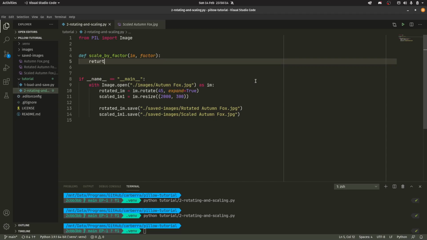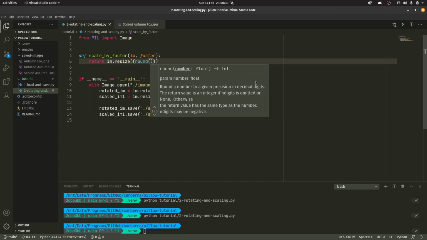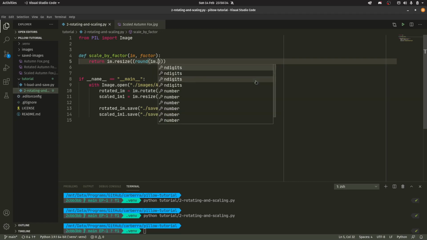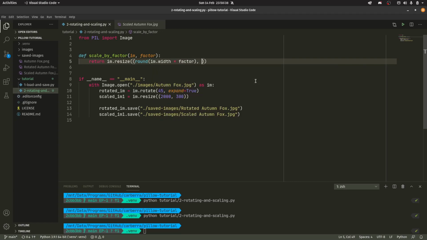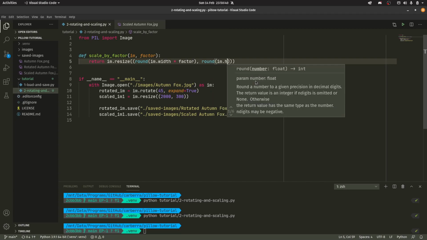And then we're going to return our... Well, actually, we're just going to return it. It's just going to be a single line. And it's going to be im.resize. And then in our tuple, we're going to put round. You can put int if you want, but I think round just makes more sense. And we're going to put, not base, im.width times factor. And then we're also going to have round im.height, if I can spell,